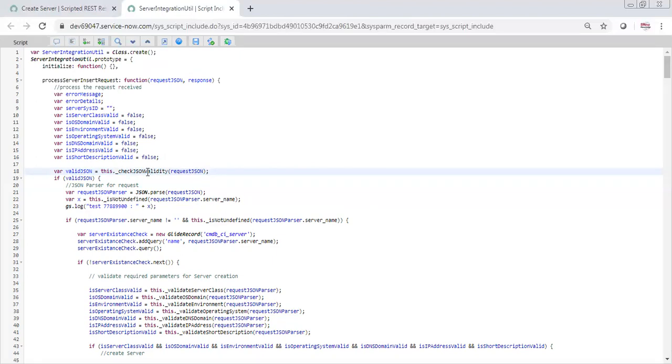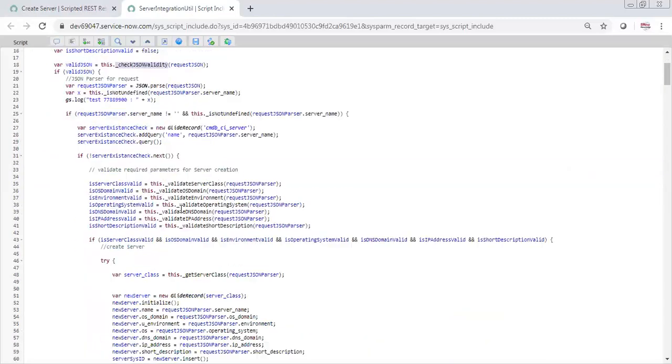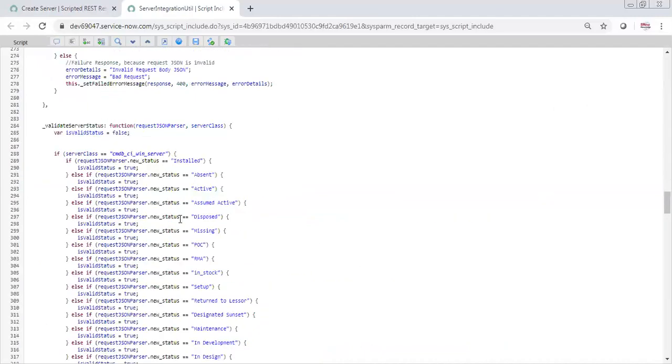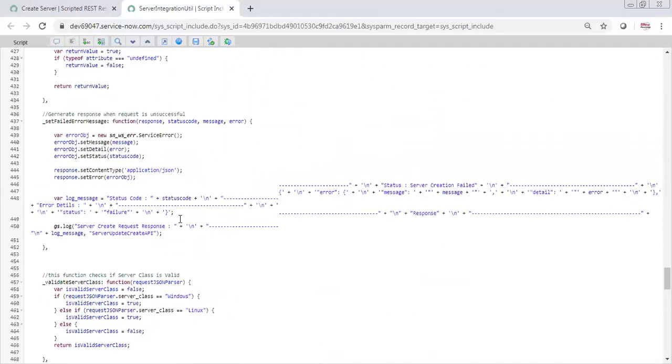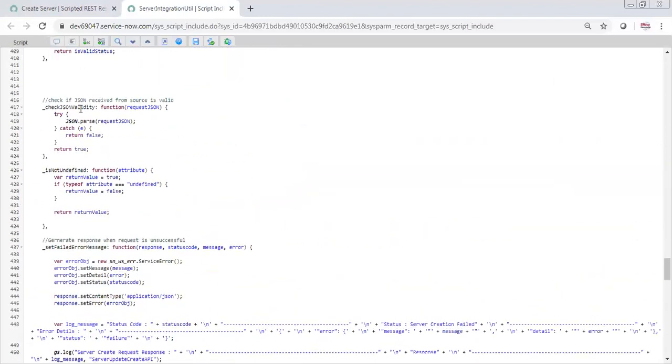Okay. Here you will see a lot of functions. First thing, what is this? This is again a function inside the script include. So to switch to this function inside my script include, you will come down. Here is my function. This function I have written is basically checking whether it is a valid JSON or not.